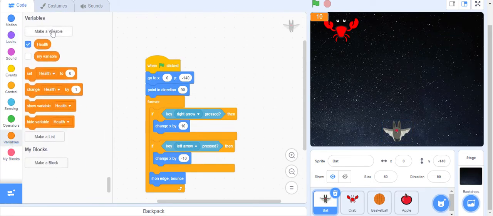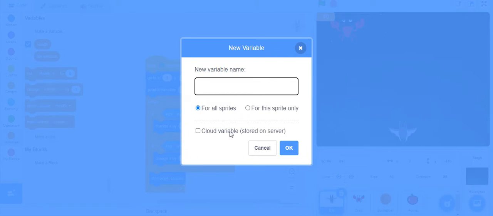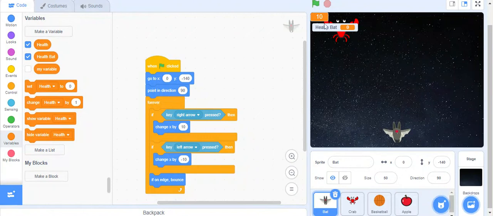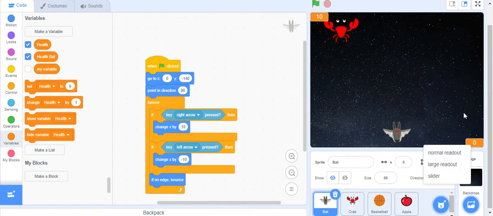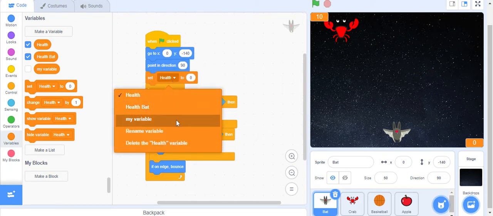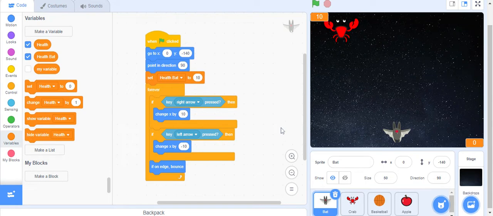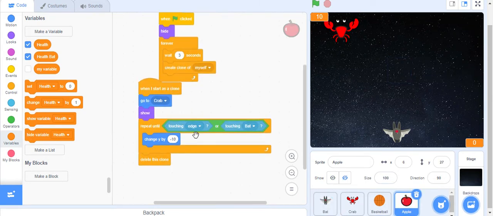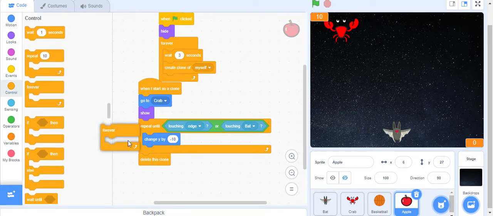So go to variables and then health bat, and then put it as a large readout, and then just put it over here. Put it as a large readout, and then set health bat to 10, and then repeat until. Okay, so now also